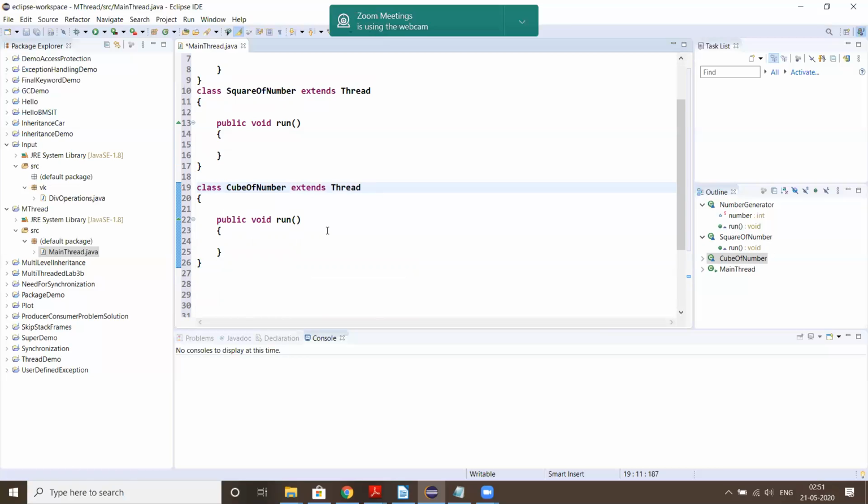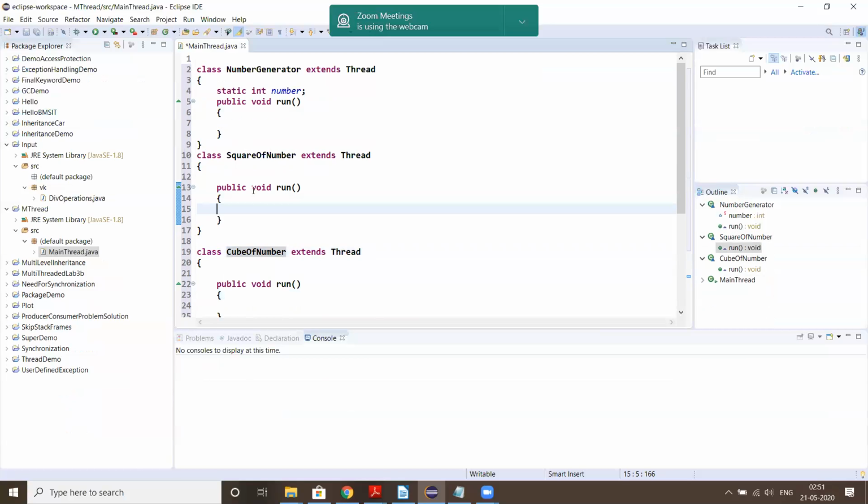So what I'll do is we'll just have a loop which gets executed 10 times.